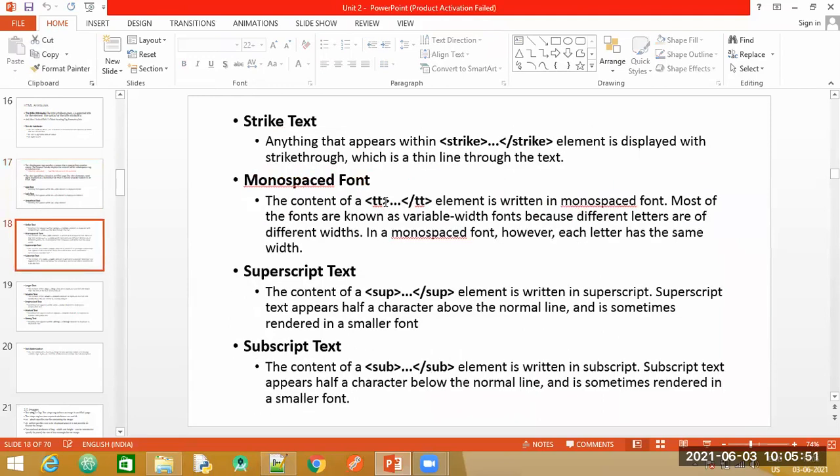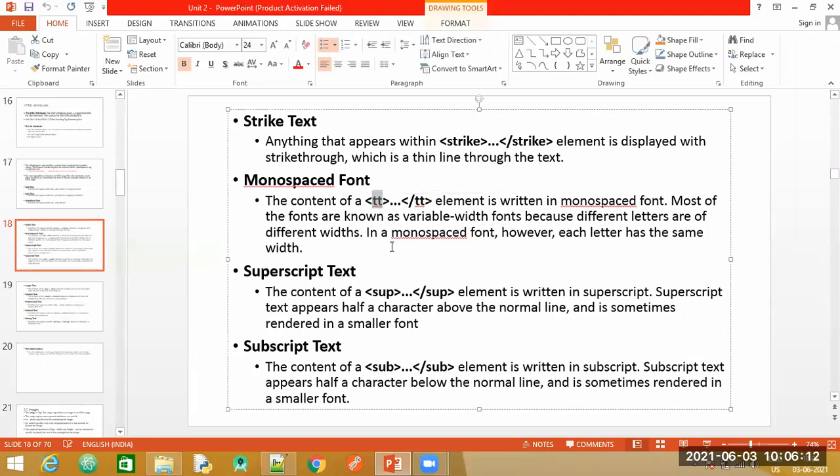Then here you have the first one as strike text. The strike tag is used to strike out the text that you have written, so you will get a thin line drawn over your text. Then you have monospaced font, and the tag name here is TT in small case.